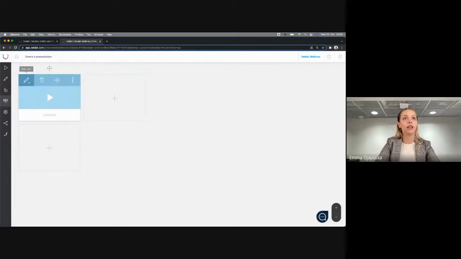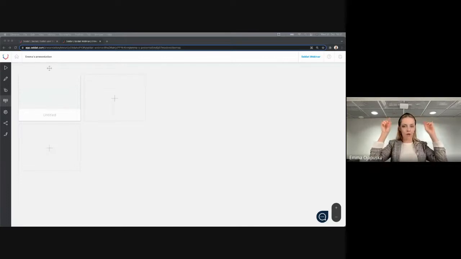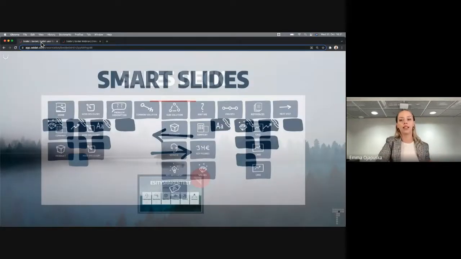First, it will create an empty slide here, and if we want to start by first creating the other slides and the presentation structure, we're just going to skip this first and then create new slides. The idea with Seidat presentations is that you will not just create one line of slides. The idea is that you are going to be able to use this matrix